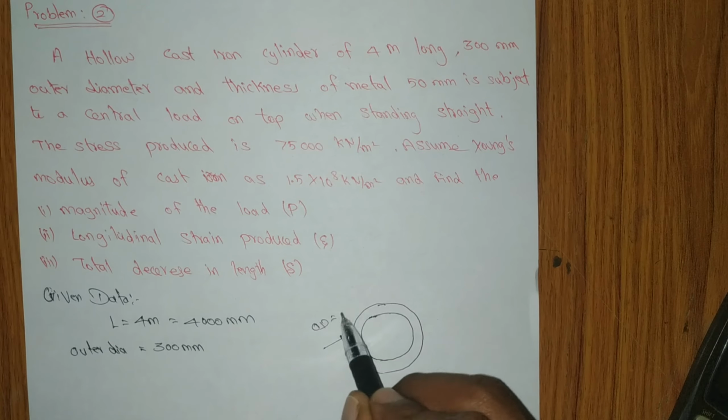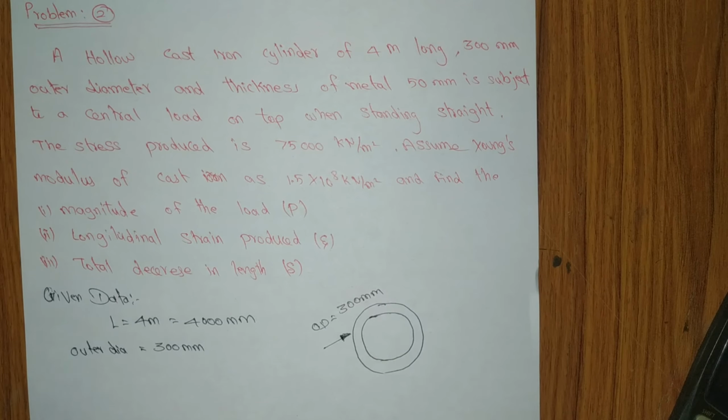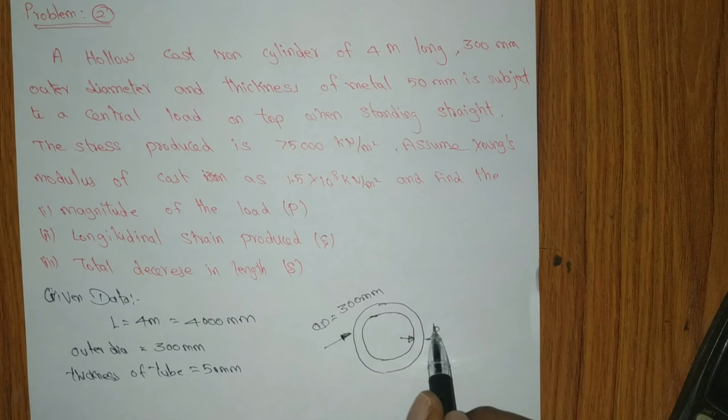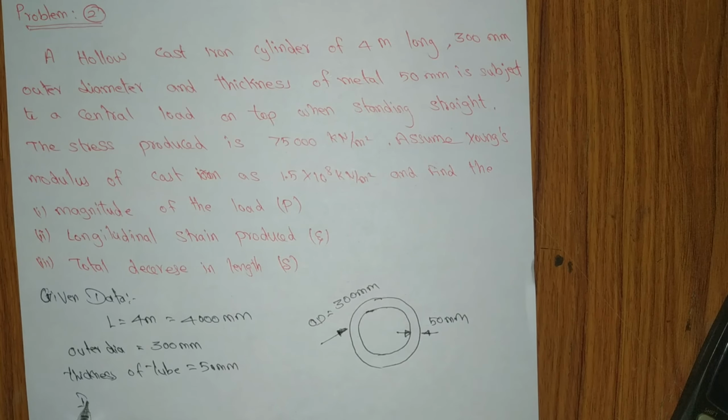Outer diameter is 300 mm. Thickness of the tube is 50 mm. It means the thickness is 50 mm, right? And inner